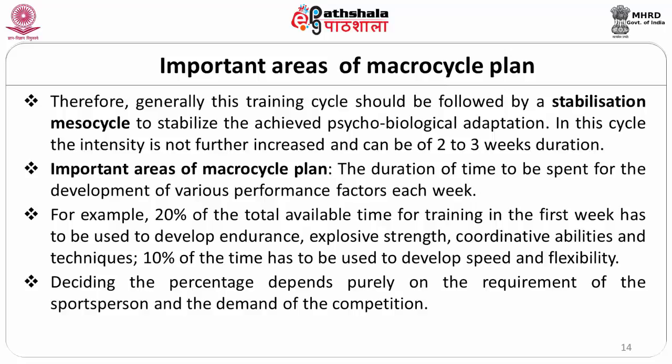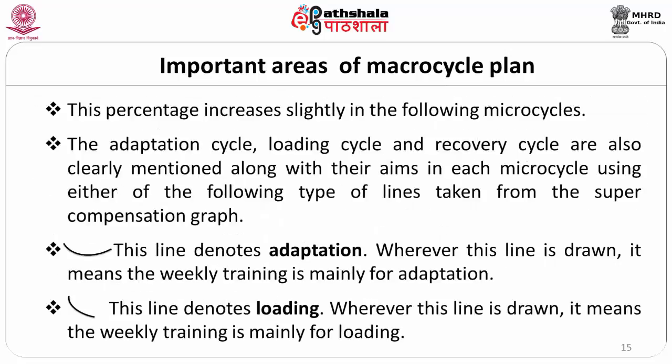The important areas of macrocycle plan: the duration of time to be spent for the development of various performance factors each week. For example, as we have said earlier, 20% of the total available time for training in the first week has to be used to develop endurance, explosive strength, coordinating abilities and techniques. 10% of the time has to be used to develop speed and flexibility. Deciding the percentage depends upon the requirement of the sports person and the demand of the competition. The percentage increases slightly in the following microcycles: the adaptation cycle, loading cycle and recovery cycle are also clearly mentioned